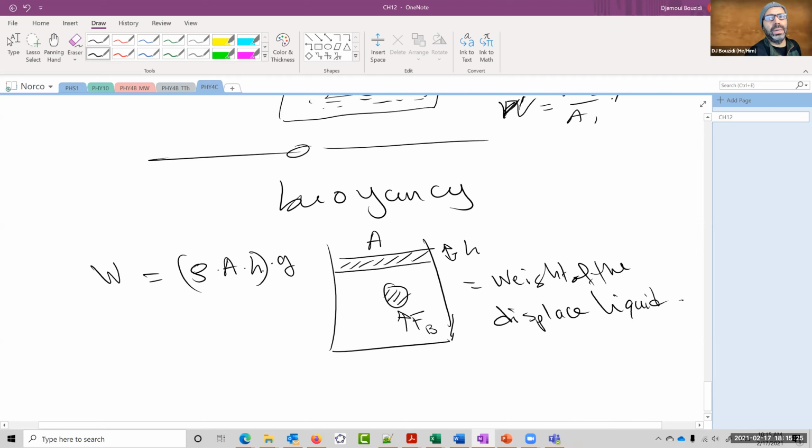So if you know the area, and if you know H, and if you know g, then you can find that value. Or if you know the volume of this object, and this object is a non-porous object, meaning the fluid does not go into it, then when it's submerged or partially submerged, you know the volume of the displaced liquid is going to be exactly the volume of the object itself, times, of course, the rho of the water times g. That is the weight of the displaced fluid, okay? And that is the force of buoyancy in this case. This is the force that the object